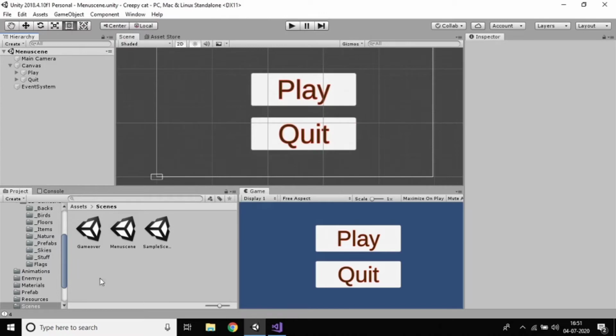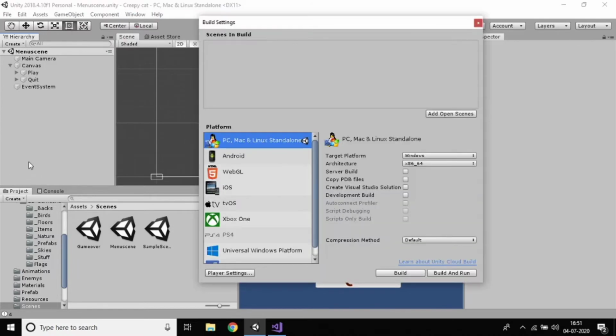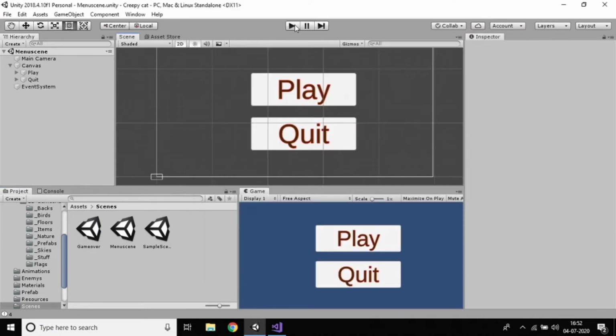Yes, of course, my scene was saved. And now go to Control Shift B, that is the build settings. First of all we need to drag in the menu scene, because when you play the game you get a menu, right? The next one is the sample scene, and the next one is the game over scene. The hierarchy is very important. Now close this and play here, and we can see how it works.